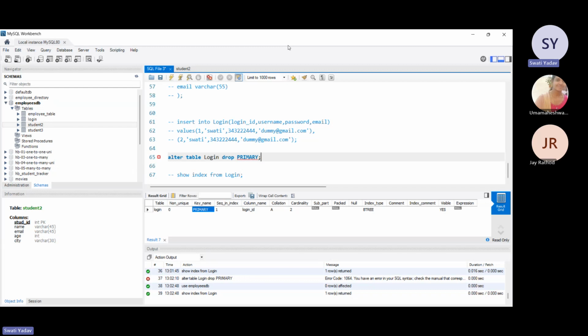Then the next kind of key that we can discuss over here is a foreign key. Foreign key basically makes it possible to create a parent-child relationship with the tables. So in this kind of relationship, the parent table holds the initial column values and the child table references the parent column values. All right. So if you have to create a foreign key, then also we are going to use it on some tables only. For example, I have